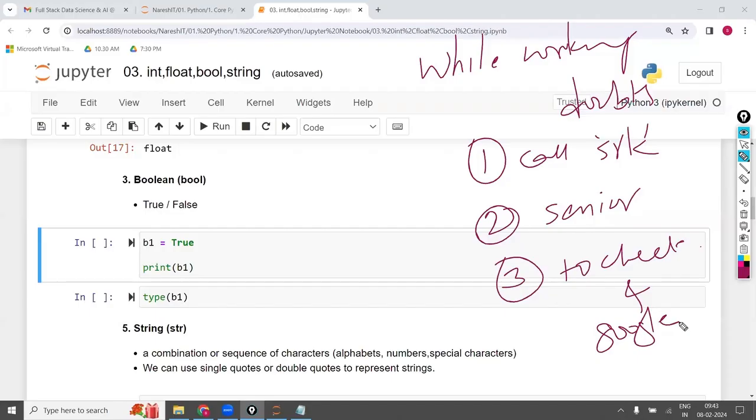If you select either the first option or the second option, what happens? After that project, you will come out. Simple. Once the project is completed, or even if the project is in the starting stage, they'll simply throw you outside. They'll kick you. Nowadays everyone is saying a recession is there, layoffs are there, and they are removing people. The people they remove are only this type of people.